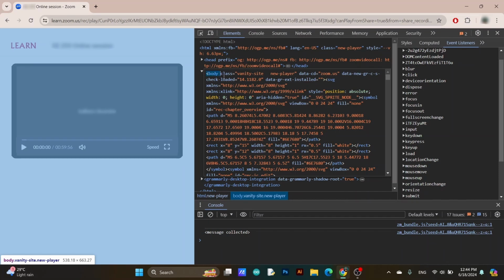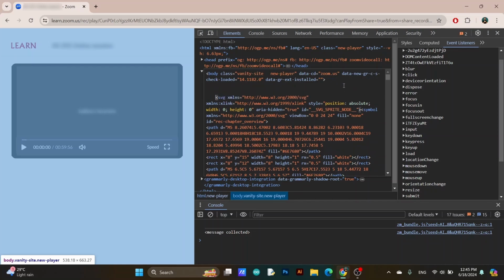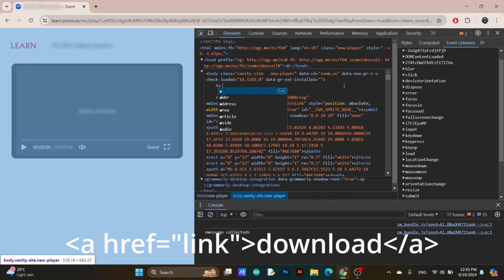Then you can see this body class. It ends here. At the end point, click enter and make some space. Then type this: a space href